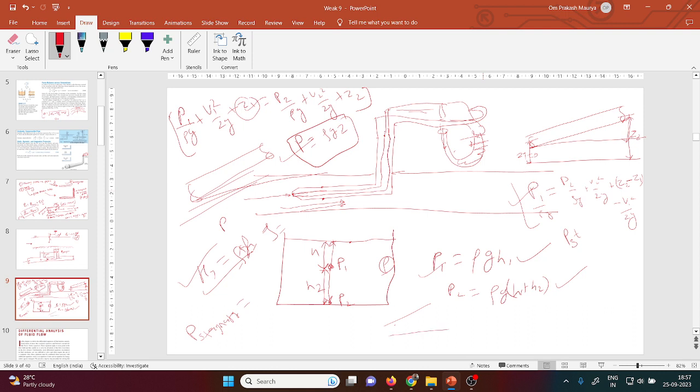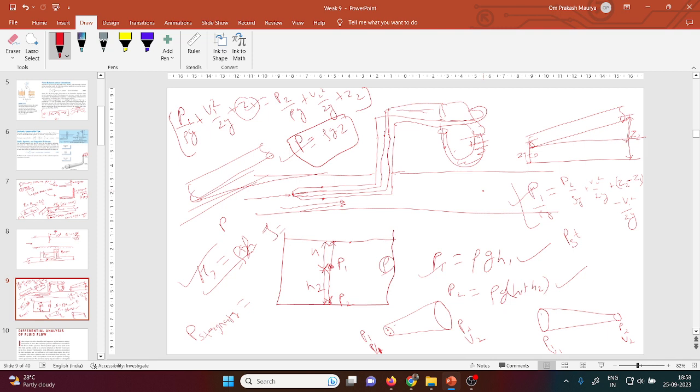If such a kind of pipe is there, and let's say P1, V1, P2, V2, and one pipe is like that. This is P1, V1, P2, V2. So if a particle is moving from here to here,